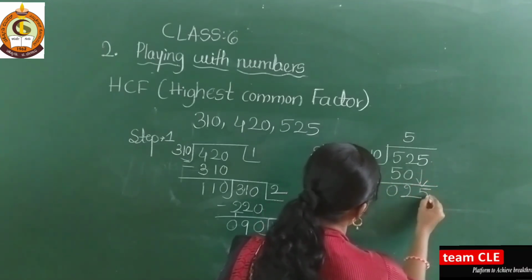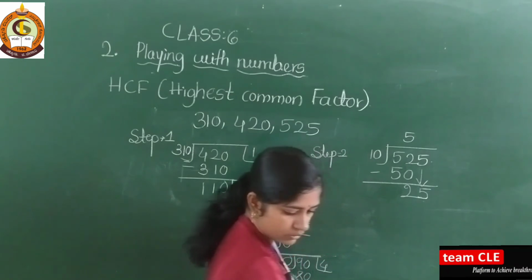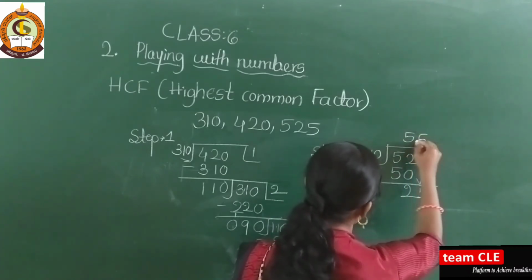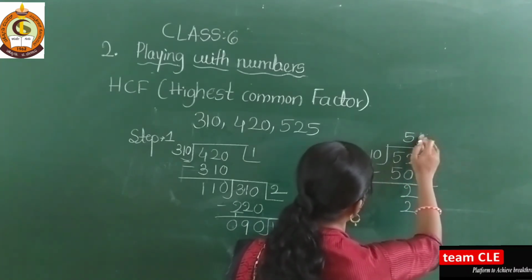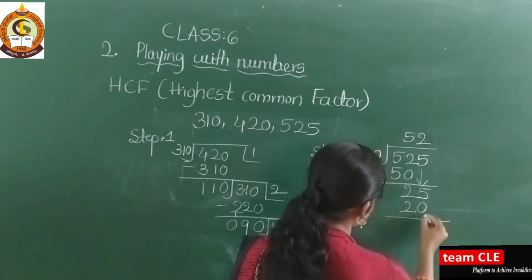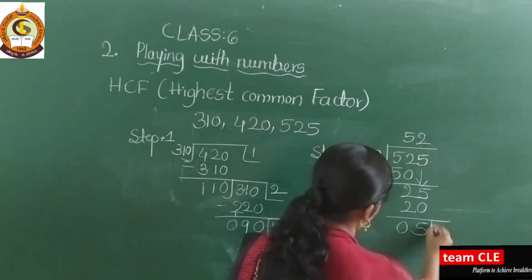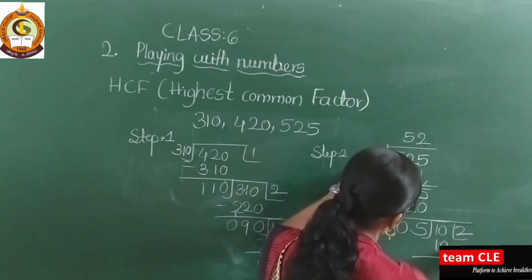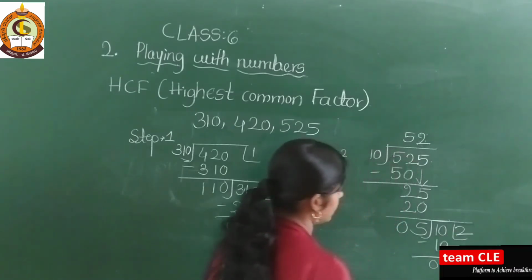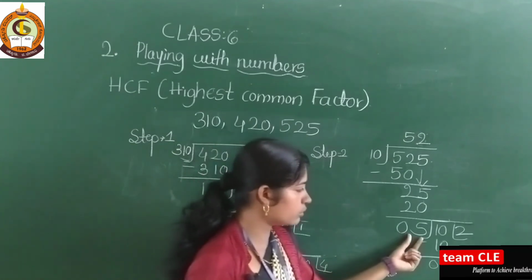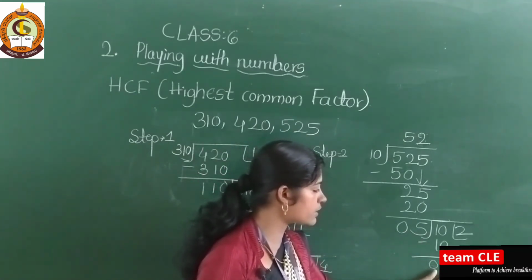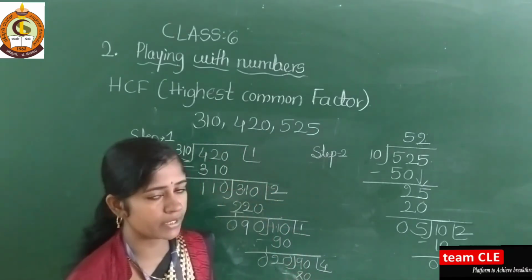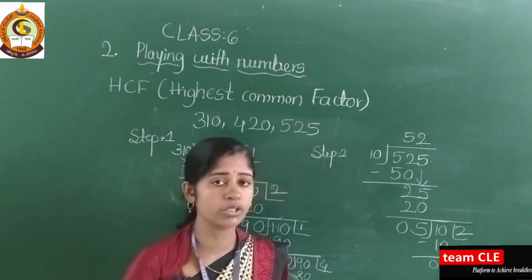Again you take here 5 and divide with this. What to do here next? Here 525 is there. See here. Then 5 5s are 20. Here 10 2s are 20. Okay, 5 minus 0 is 5, 2 minus 2 is 0. Again you take here this 10. Okay, so 5 2s are 10, 0, 10 minus 10 is 0. Then tell me here, the HCF is 5. Why? Because here I got 0 as a remainder when 5 is the divisor. So see here, this is how to find the HCF of the numbers by the long division method.